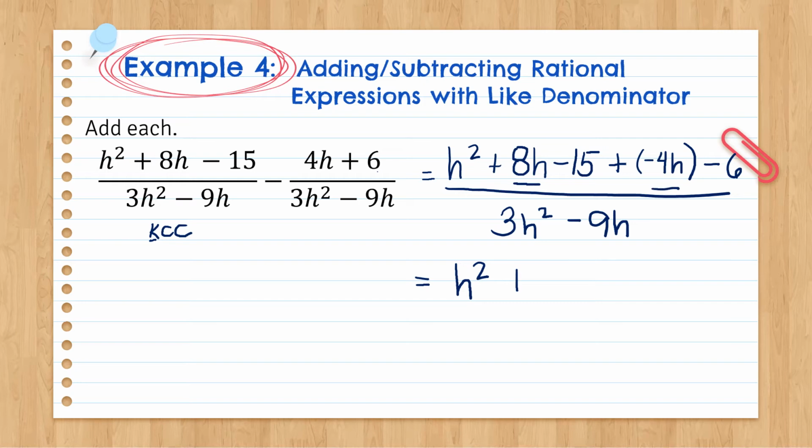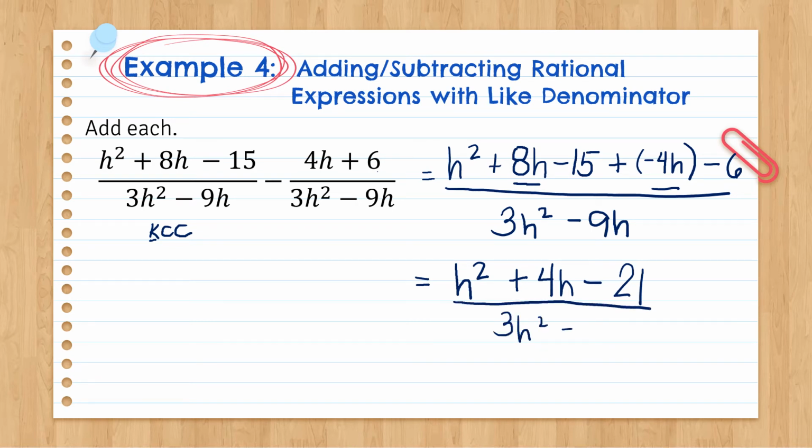Correct. We have 4h kasi we subtract. So 8 minus 4, that is 4. At total, mas malaki si 8, kaya positive ang gagamitin natin. This time, we have negative 5 saka 6. Since we are combining both negative numbers, so we simply add them. 15 plus negative 6 will give us 21. Tapos since pareho silang negative, we affix negative sign. Over